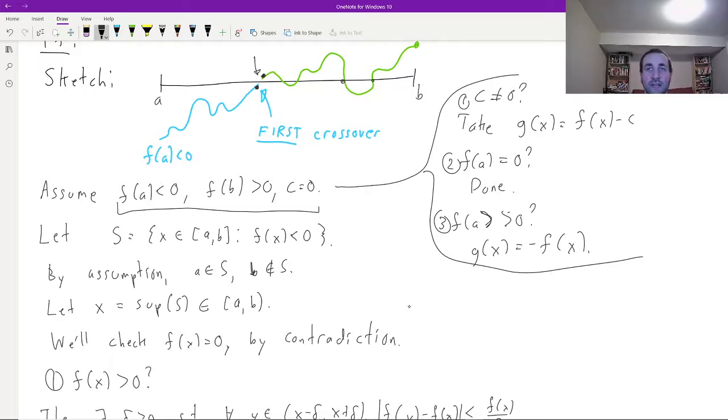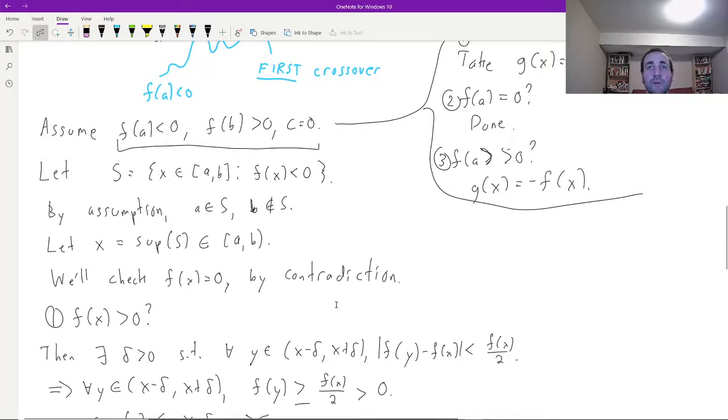And of course, it's also not the entire interval from A to B. And I'm going to let x be the supremum of the points in S. And as I said, that's somewhere between A and B. It's at least A, and it's certainly strictly less than or equal to B. Good. Now we're going to check that f of x is equal to 0, and we're going to do